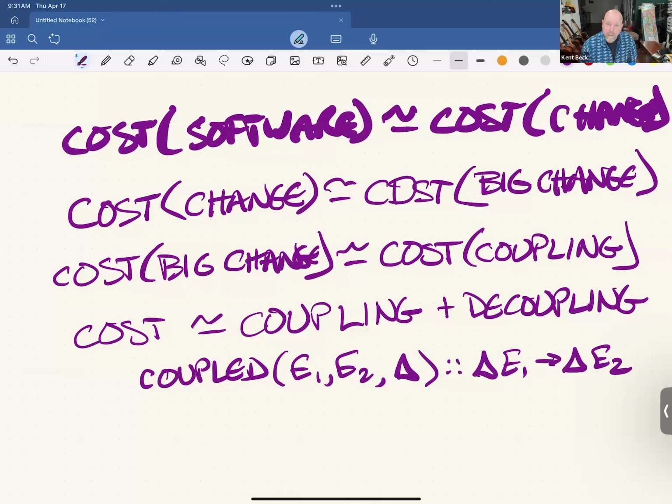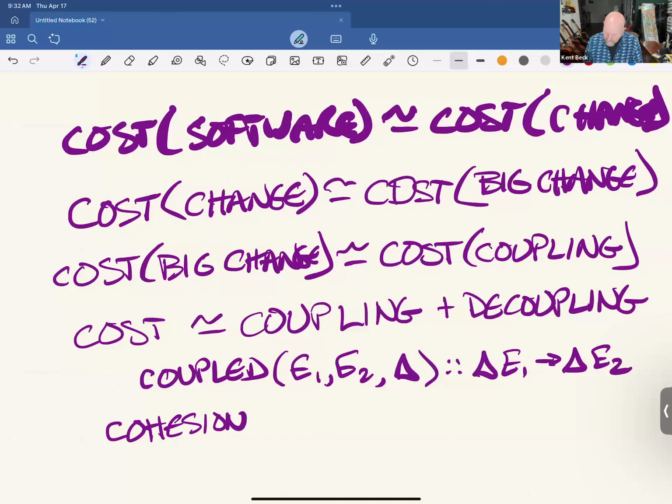Since coupling is at n squared in the number of elements in the system, any element is potentially coupled to any other element. As the system gets larger and larger, the complexity of even doing that analysis becomes prohibitive. And that's where the concept of cohesion comes in. So cohesion,